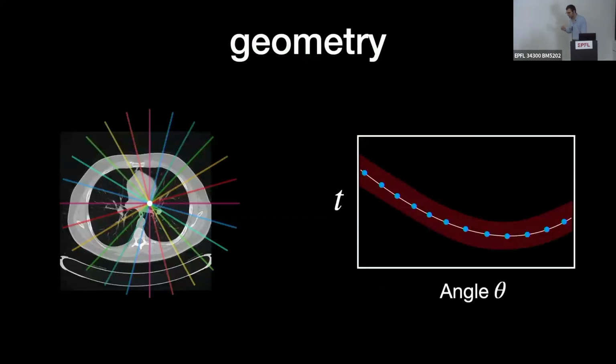Now, here's how we can, again, use this locality insight, which is purely geometric, to come up with a very lightweight, very simple way to actually solve this problem and gain a lot along the way. And this is to look at the geometry of computed tomography, right? So if I want to reconstruct the image at a given point, then there is a particularly simple geometry that enables me to do that.